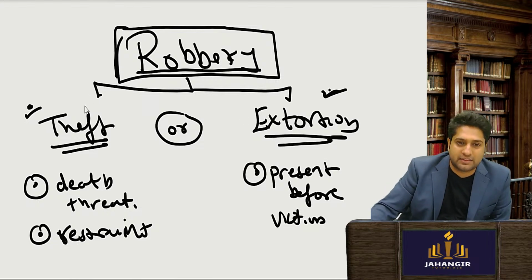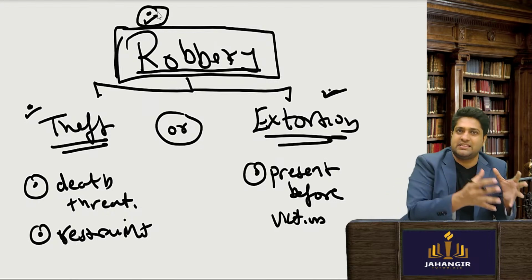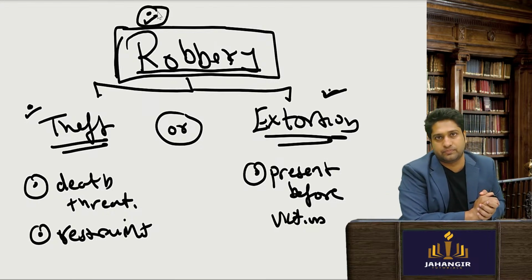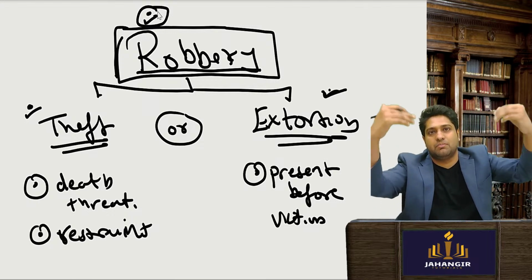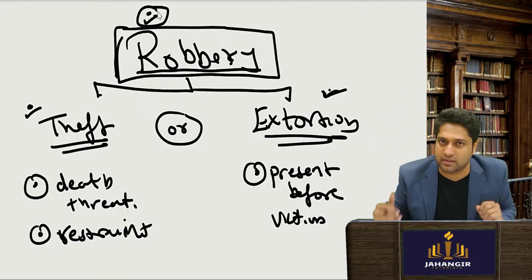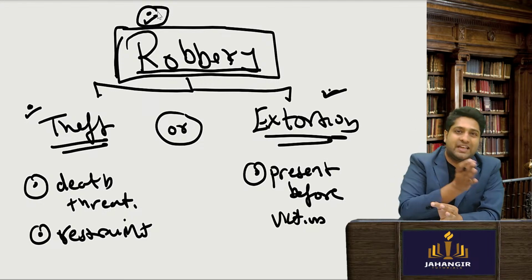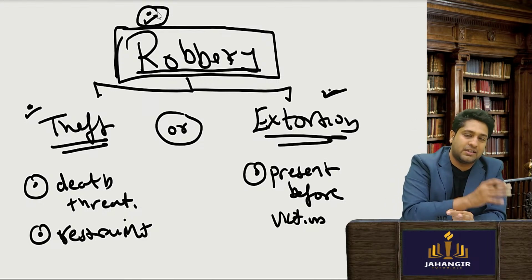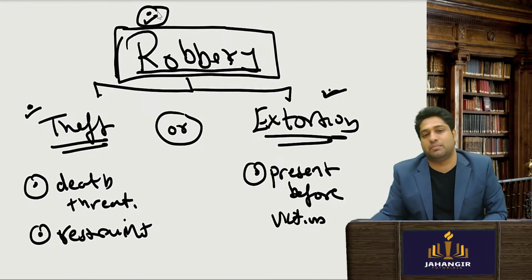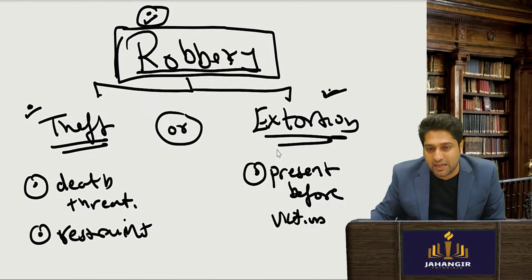It will be a theft in which it will be a robbery which has the essentials of a theft. So it's a bigger term, a more serious offense that will be covered, because you have not only taken a person out of possession, you also restrain them, hit them, and do some more things other than just taking away the money. Robbery. In extortion, what happens?